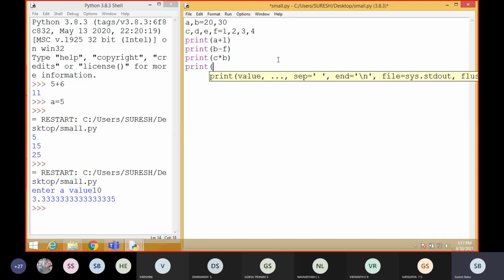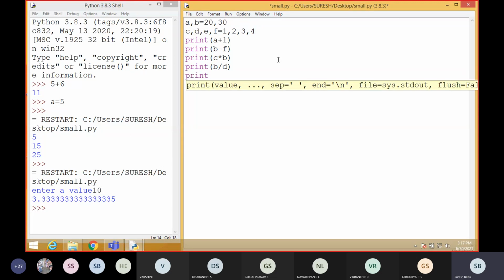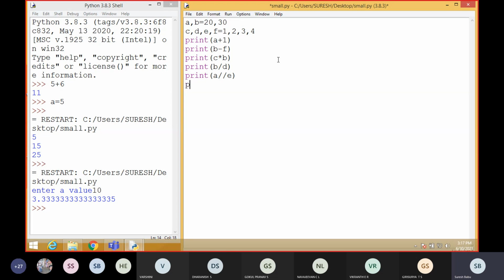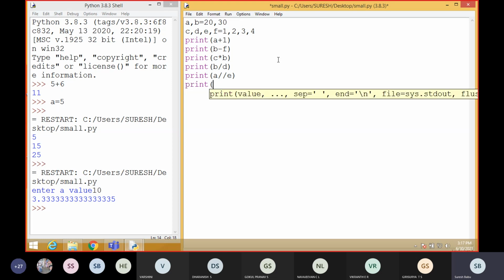Okay, next arithmetic operator, b divided by d. Next arithmetic operator, floor division, a floor division by e. Okay, students, now tell me the output one by one, everyone.